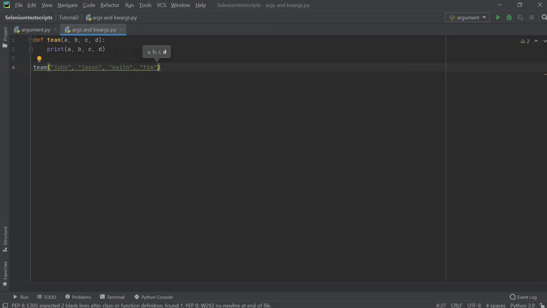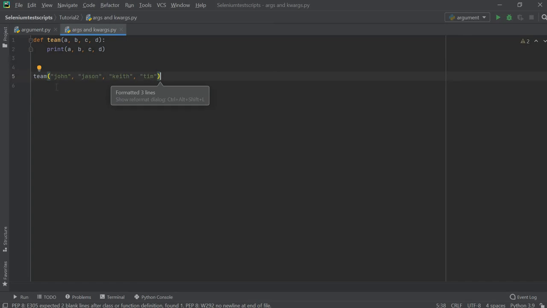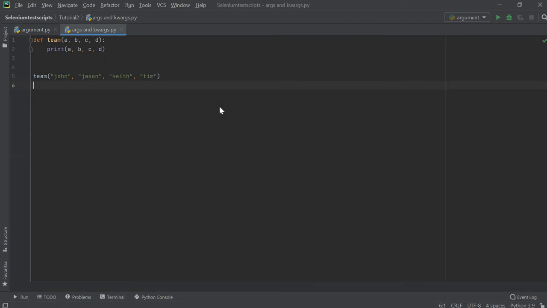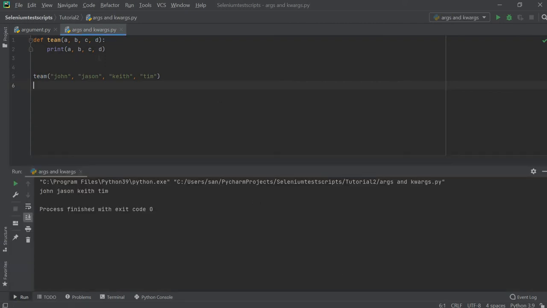Okay, so 1 2 3 4, I passed four arguments here, and here the parameters are four, so this will match and this will work perfectly. Okay, so run this. All these values A, B, C, D are replaced by these arguments, and all these values are printed. It's a simple function.